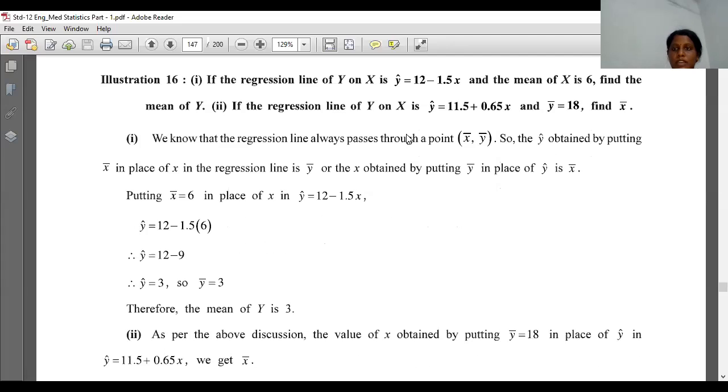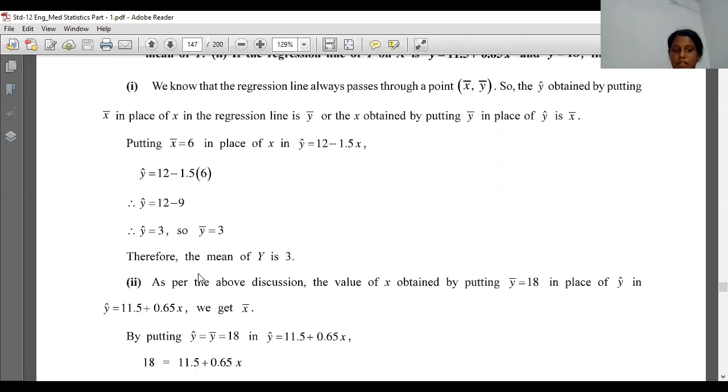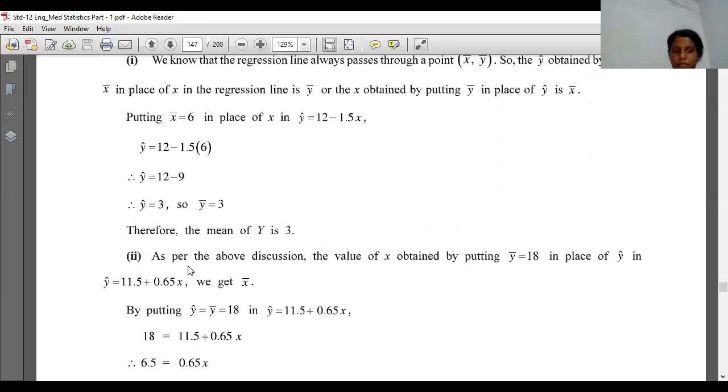Okay. Here the mean of x, x bar, we have taken as x, and y cap we have taken as y bar. We have considered it like this. So this is the only sum where we have seen like this, where we are considering x bar as x and y cap as y bar. So remember this point in this sum, right? This is the important sum.